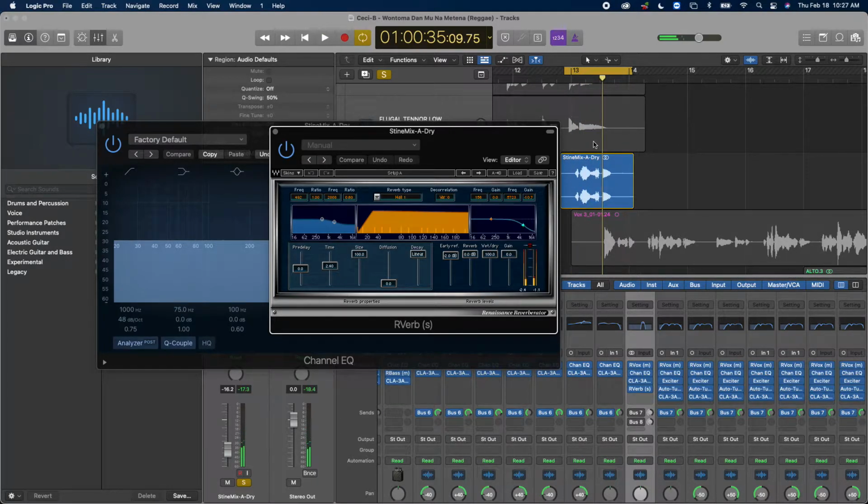You can't really hear the quality of what we recorded. It's affected. So then what we need to do, let me set it to play. That's not an important step, I'm just doing that. The important step is here, wet and dry. Keep in mind, the more dry it is, the more you're going to hear your natural voice. The more wet it is, the less you're going to hear your natural voice.